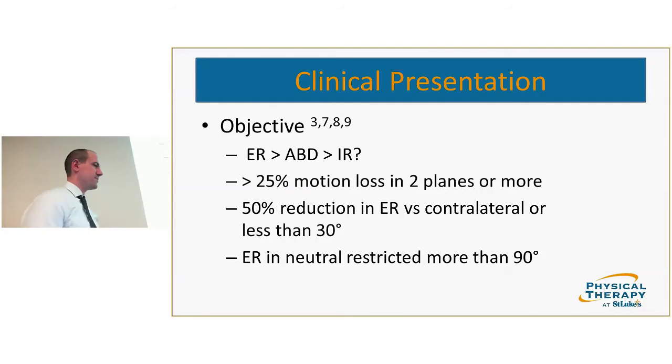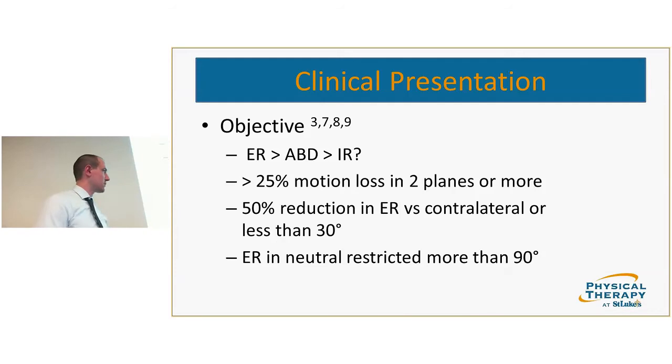As far as the objective findings, it's always kind of been shown in the literature that you're going to lose the external rotation first, followed by abduction, followed by internal rotation. If you actually take a look at that in some of the studies, the objective measurements don't always follow that exactly. So that's not a hard stop, that if you don't have that loss in that pattern, that you can rule it out. More of the general guidelines now are as if they have an over 25% loss in at least 2 planes, if they have a 50% reduction in external rotation, or if they have less than 30 degrees, or a 30-degree difference